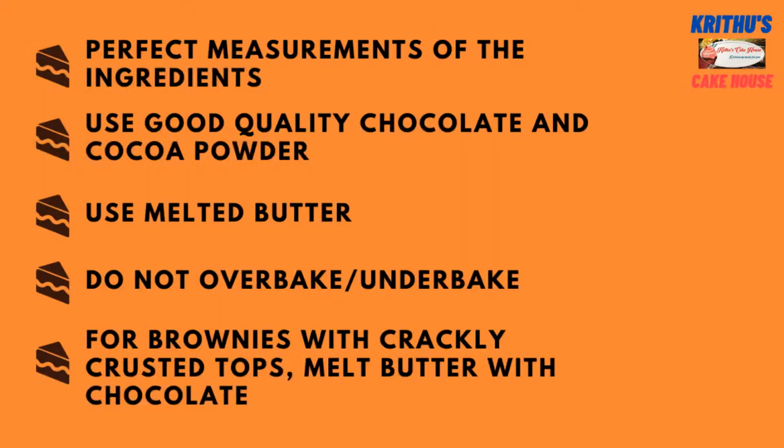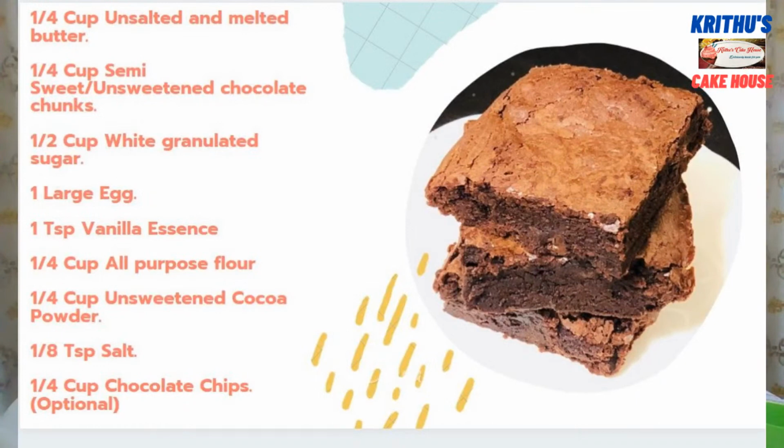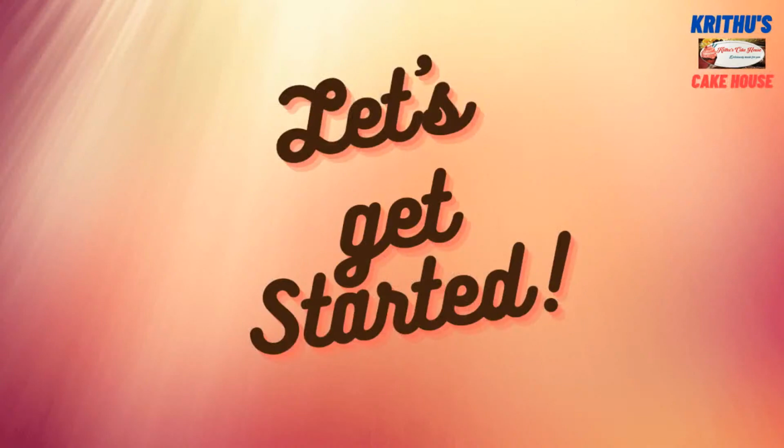So the ingredients are quarter cup of unsalted, melted butter. Use unsalted butter because we'll be using a pinch of salt in the recipe, so please go for unsalted butter. Quarter cup of semi-sweet chocolate chunks, half a cup of white granulated sugar, one large egg, 1 teaspoon vanilla essence, quarter cup of all-purpose flour, quarter cup of unsweetened cocoa powder, 1/8 teaspoon salt, and quarter cup of chocolate chips. This is optional. If you want, you can use it. So let's